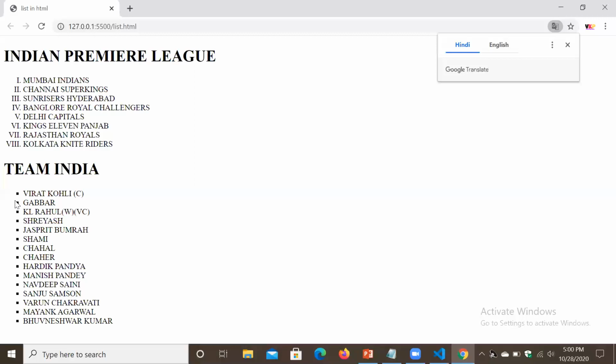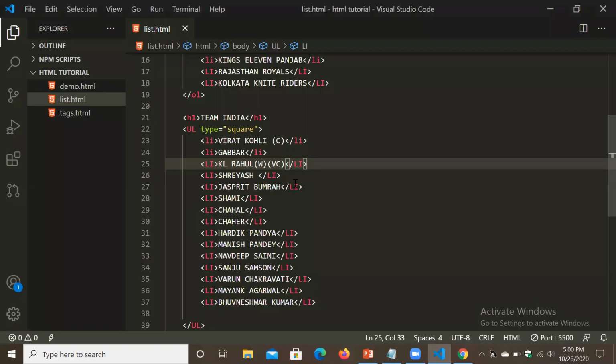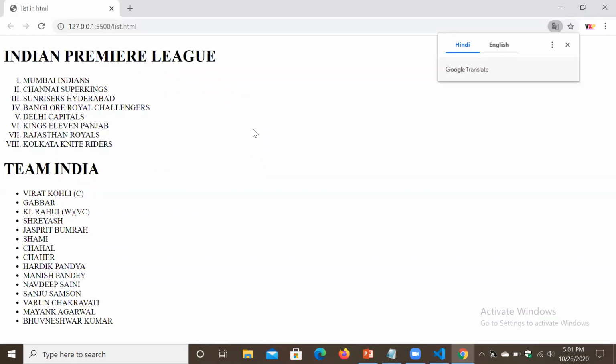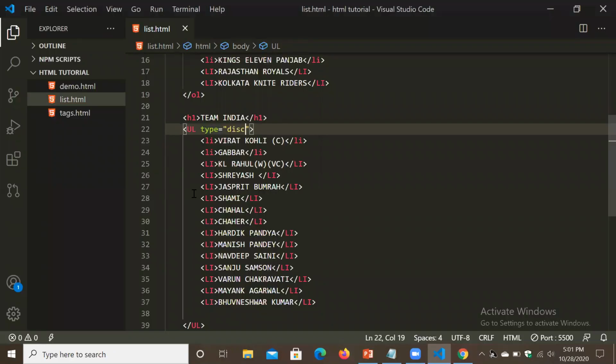Yes, look, we got the squares now. Next we have to use disk. Okay, refresh. Look, we got the disk, and last we have to use circle.